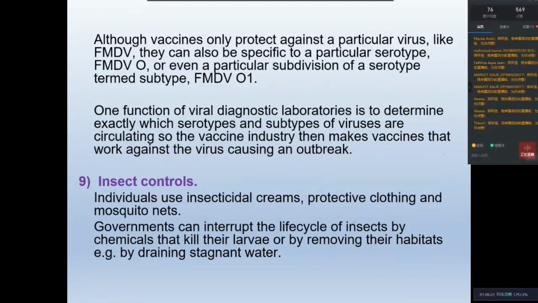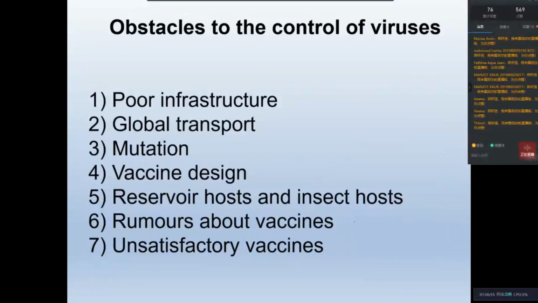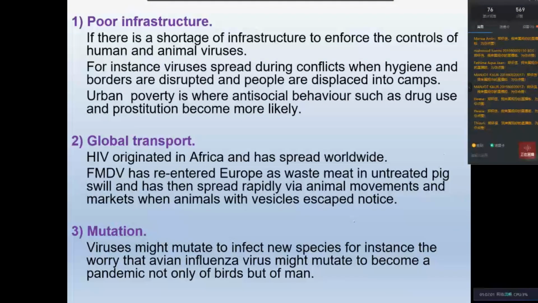And we heard about the new mutation discovered in the UK recently. They found some mutation in the coronavirus, and they found that the mutant virus is more infectious, and that mutant strain is now dominating the cases discovered there. It means that the new strain is more infectious. But at this moment, we don't know whether the vaccine will work against the new mutant or whether the new mutant is more dangerous.